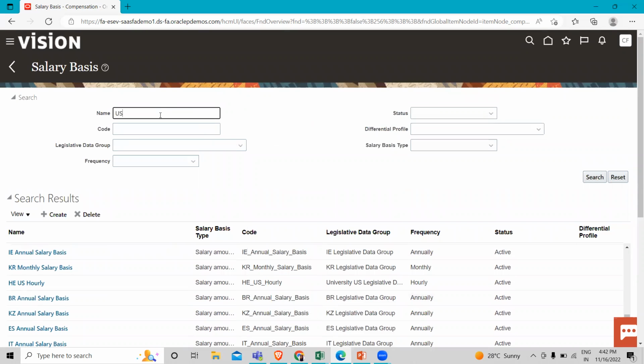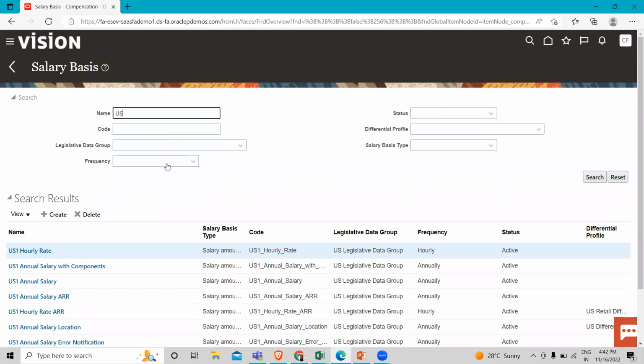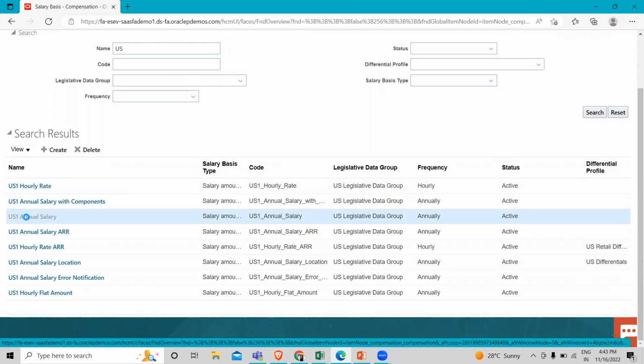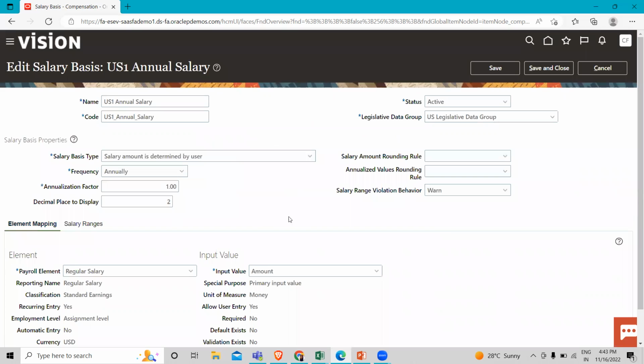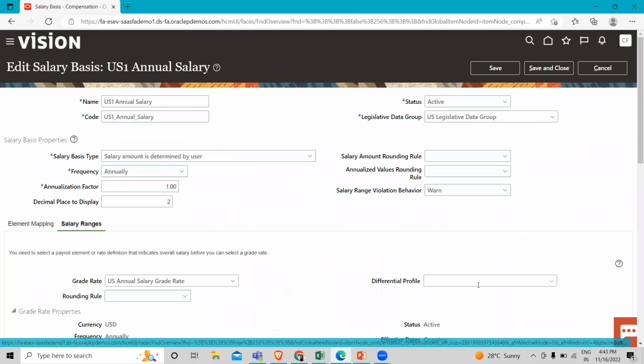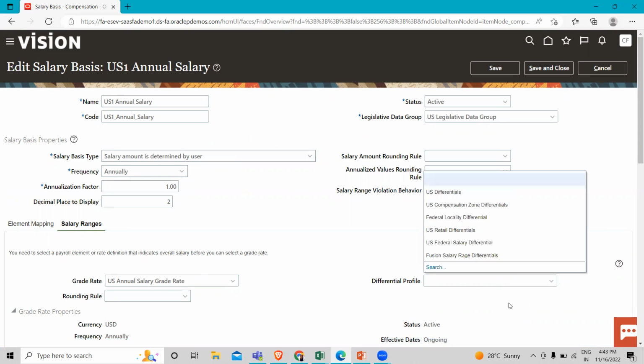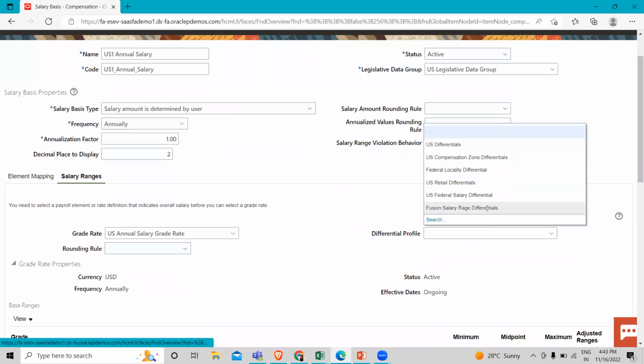Let's search for the US salary basis. So if I select this US annual salary, here in the salary range, you can see the differential profile. You can see the differential profile we just created. So you can add it here.